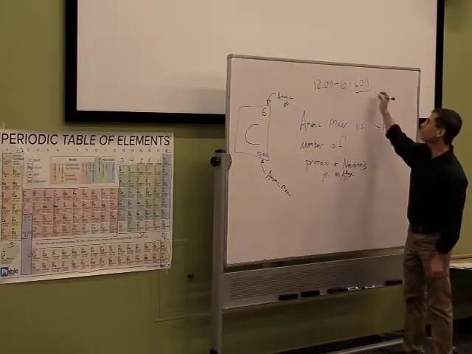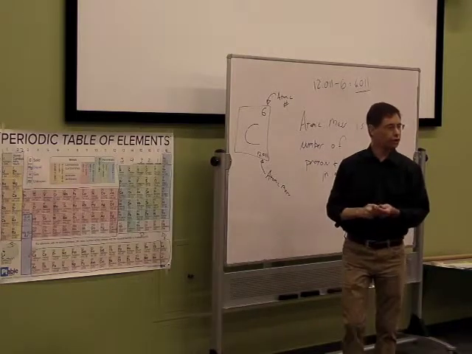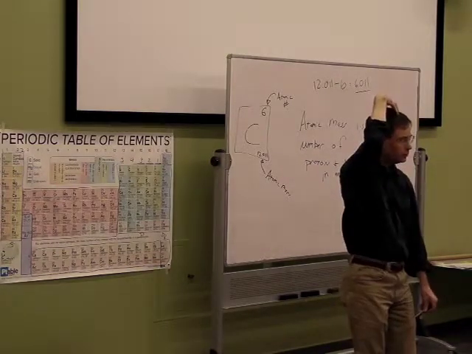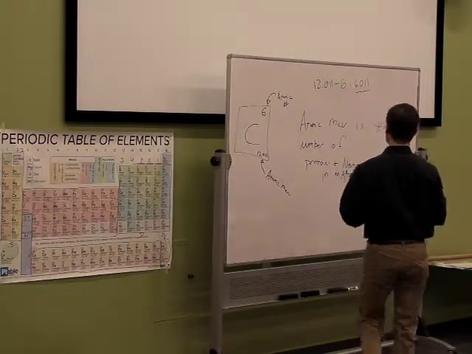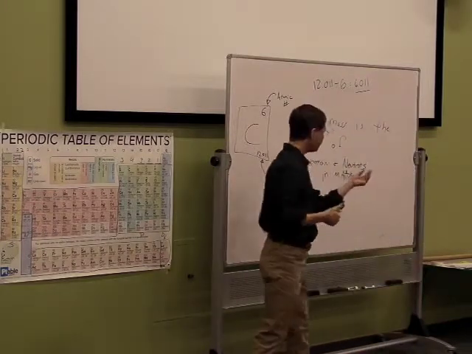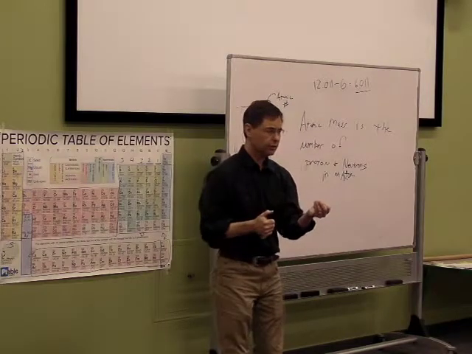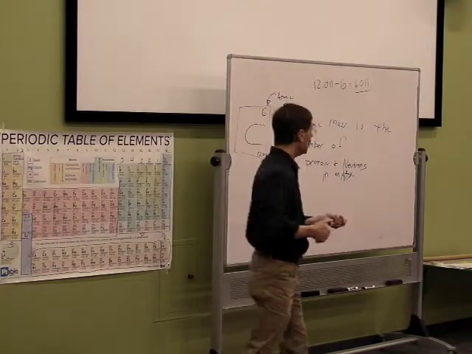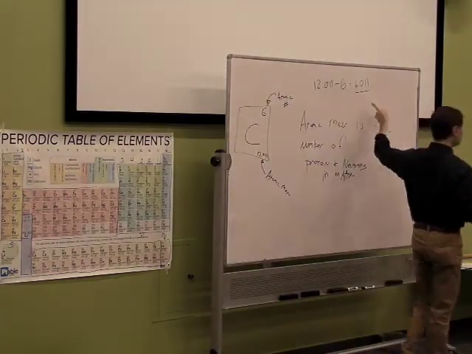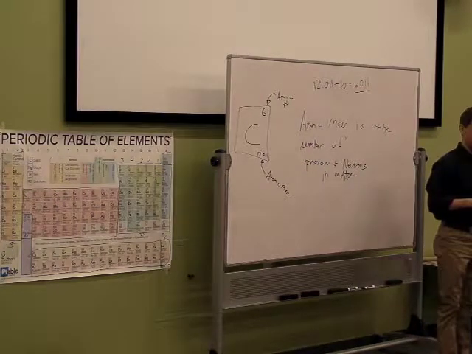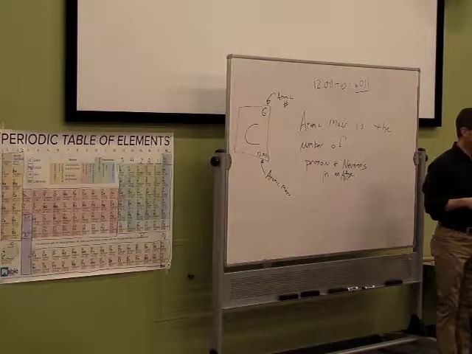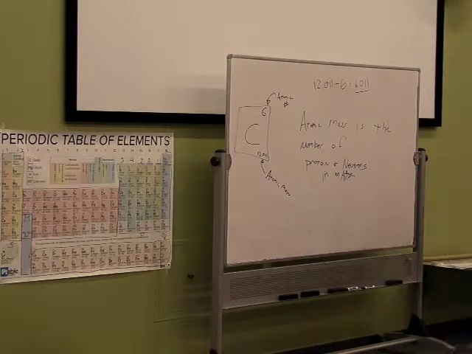So that's how many neutrons are in here. Now, you should be thinking to yourself, if protons are just a teeny weeny single particle, and neutrons are a teeny weeny single particle, how can I have 0.0011 of a neutron? It's like having 0.011 of a shoe. That doesn't make any sense, right?